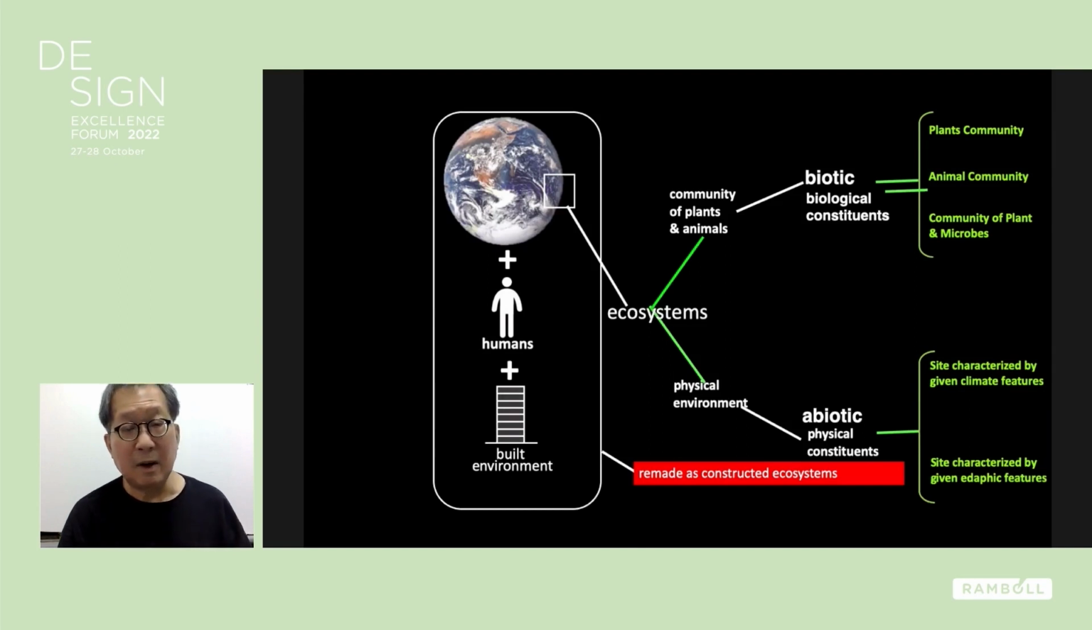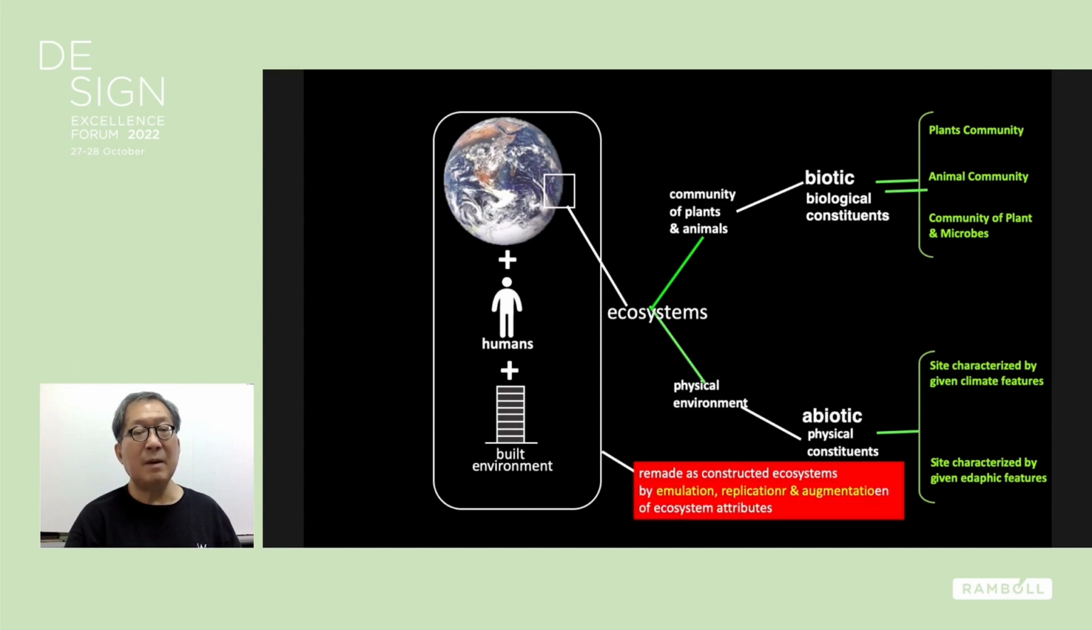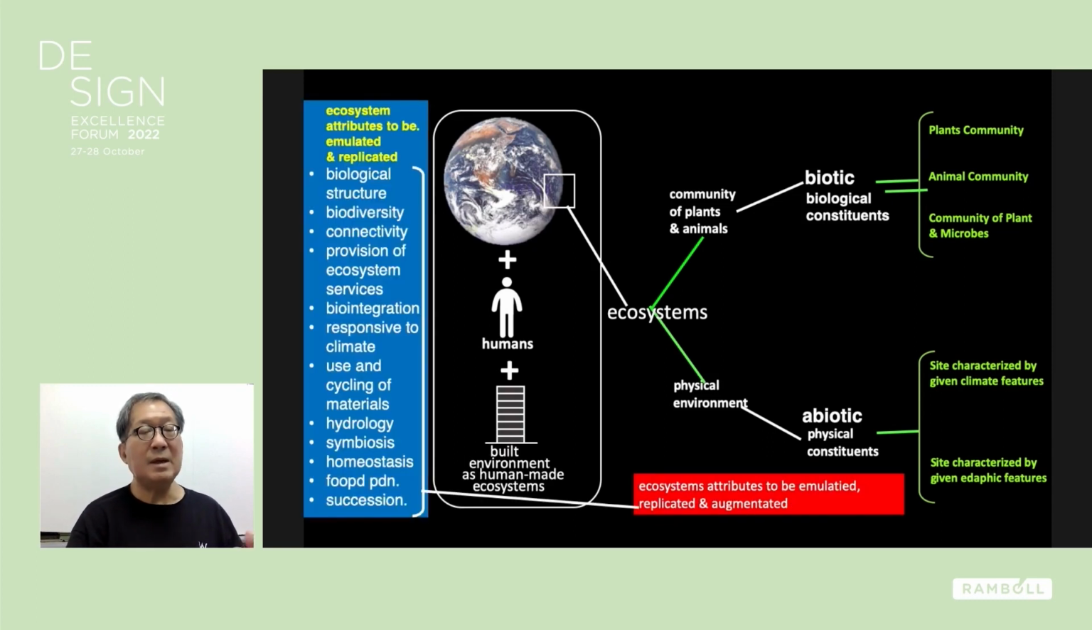Now, one of the ways we need to do, according to me, is to remake our built environments into what I call human-made ecosystems or constructed ecosystems. A constructed ecosystem is the built environment that emulates, replicates, and augments nature. So I started to do research on the properties of ecosystems that we need to emulate and replicate and augment. On the left-hand side is a list of characteristics of the ecosystem that we must emulate, so that our built environment becomes constructed ecosystems, and by being constructed ecosystems, it becomes a part of nature,